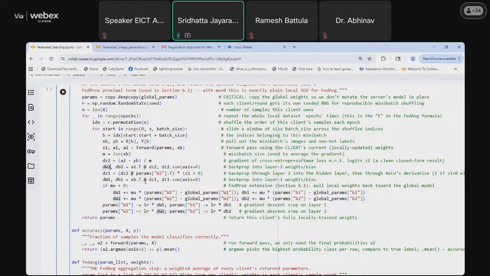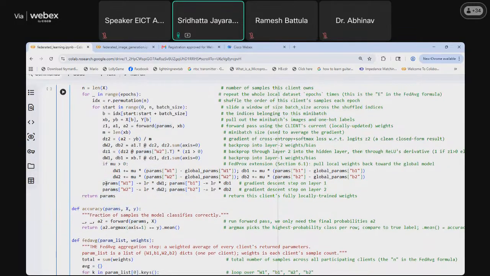When we apply this back propagation, we will get the delta part of the update that we are going to perform in the gradient update of the model. And then since we are not using this mu, we will skip this now.